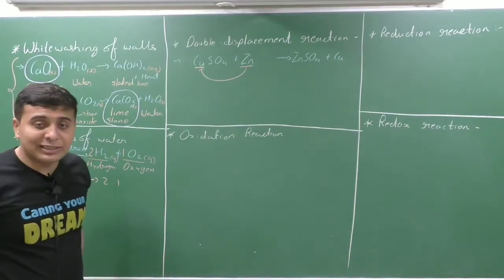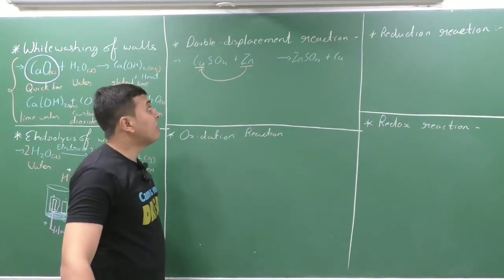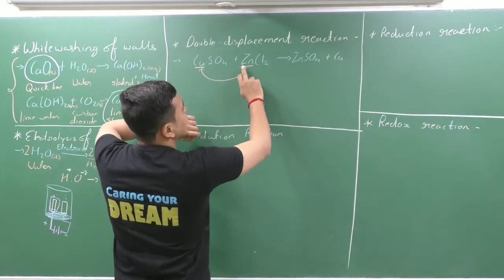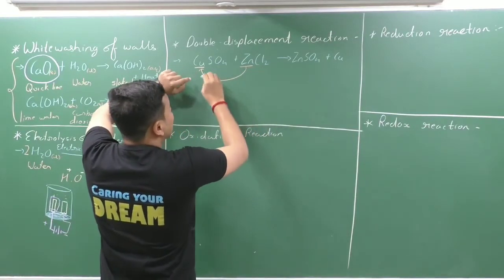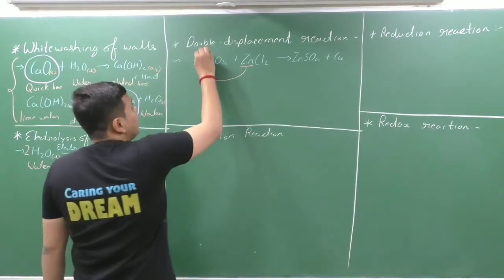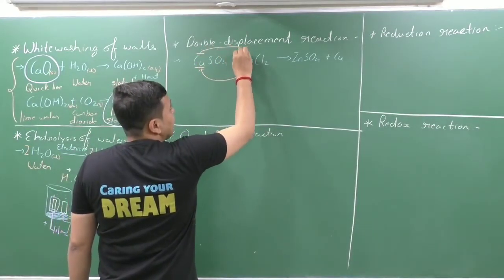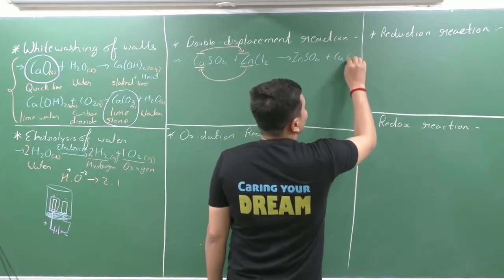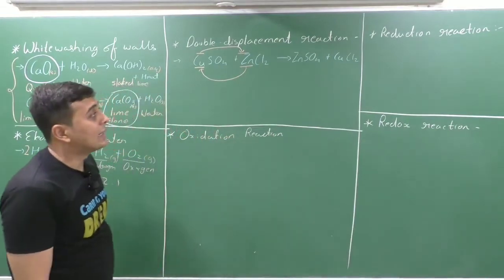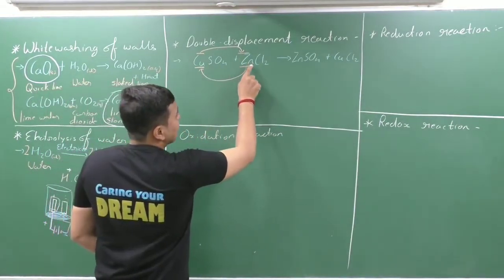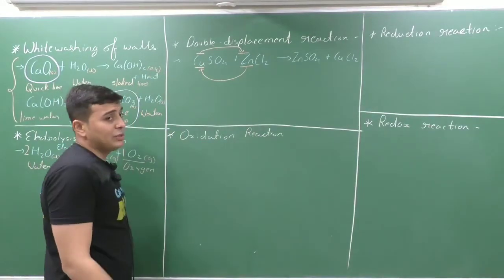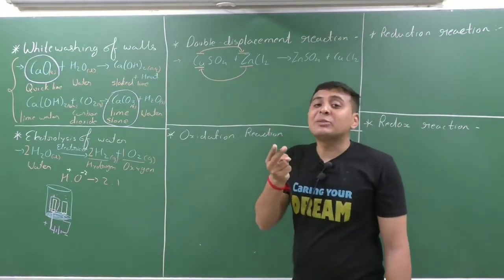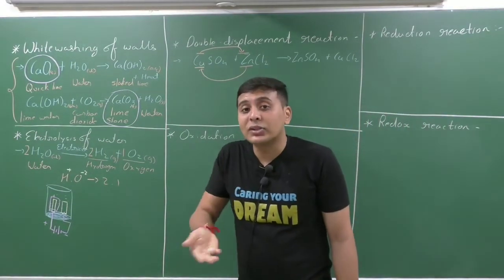Now what do we mean by double displacement reaction? If instead of only zinc we had a zinc chloride compound, that is ZnCl2, then zinc takes the place of copper, and similarly at the same time copper takes the place of zinc. So the compounds finally produced will be ZnSO4 plus CuCl2. Clear? So what happened here? Copper has taken the place of zinc and zinc has taken the place of copper. So there is a two-time displacement, and if there is two-time displacement, it is known as a double displacement reaction.